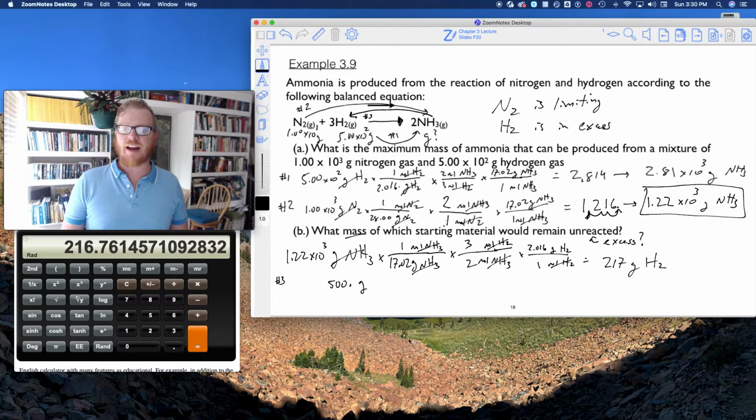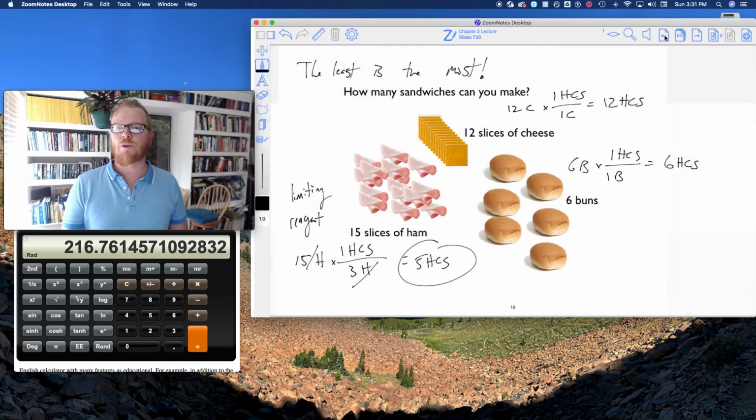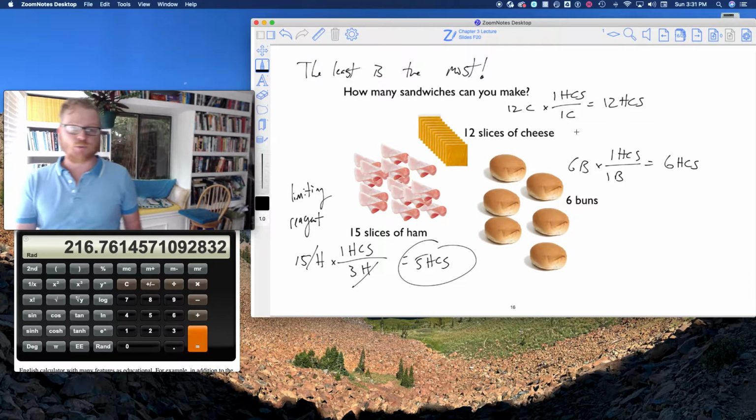But now it's saying that I only needed 217. So what mass of which starting material would remain? Well, I'm just going to subtract it now. 500 grams minus 217 grams gives me 283 grams of H2 left over. Okay? And again, to walk you through this in the simplest way,